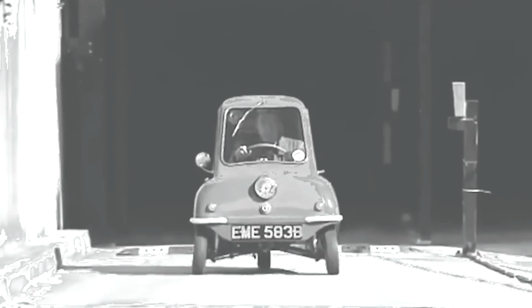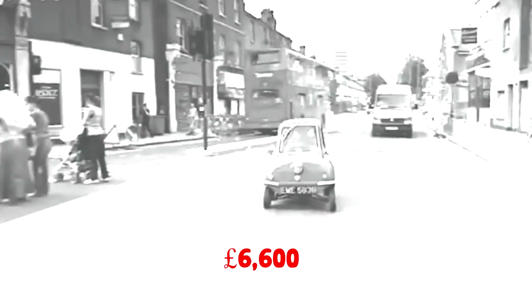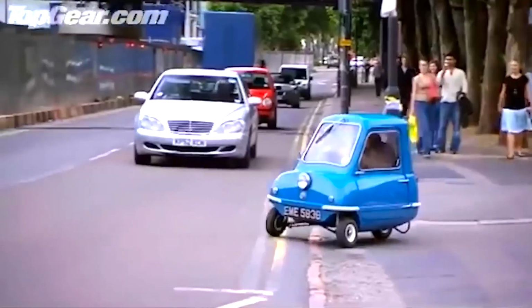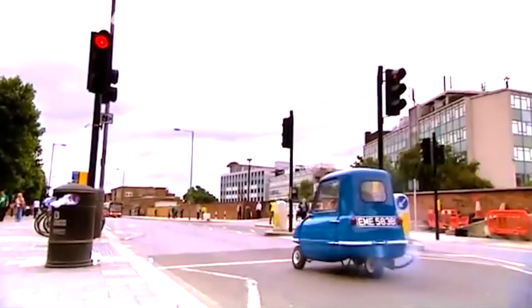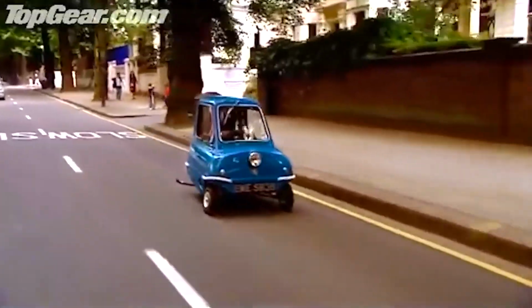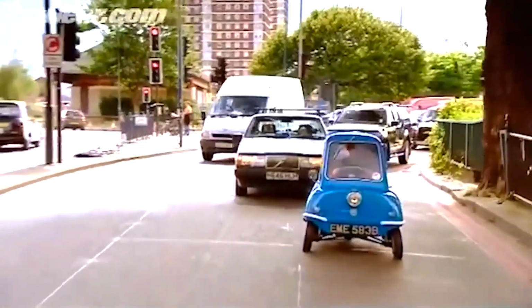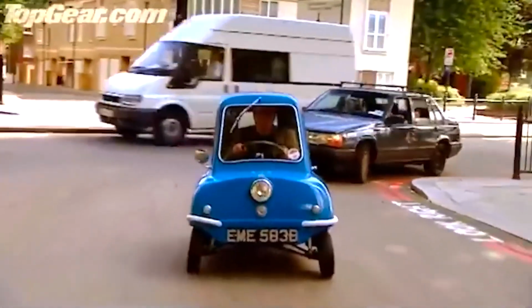When it was first released in 1963, the P50 had a retail price of £199, equivalent to approximately £6,600 in today's money. During its brief production run, only 50 P50s were manufactured, and today, only 27 of them are known to still exist. The rarity of these unique vehicles has contributed to their collectible value, with one P50 selling at an auction in March 2016 for an astounding record price of